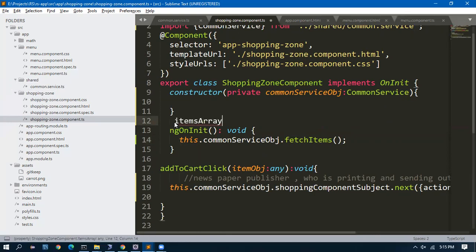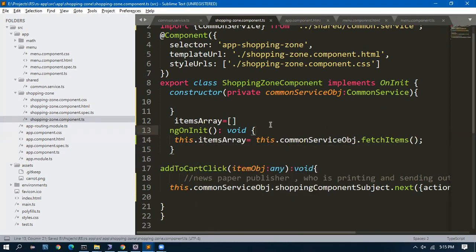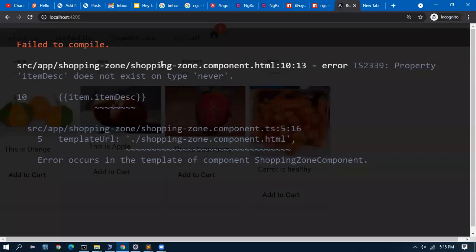I will declare here and I will capture it here. This dot items array. So what is the problem? Item dot item description.